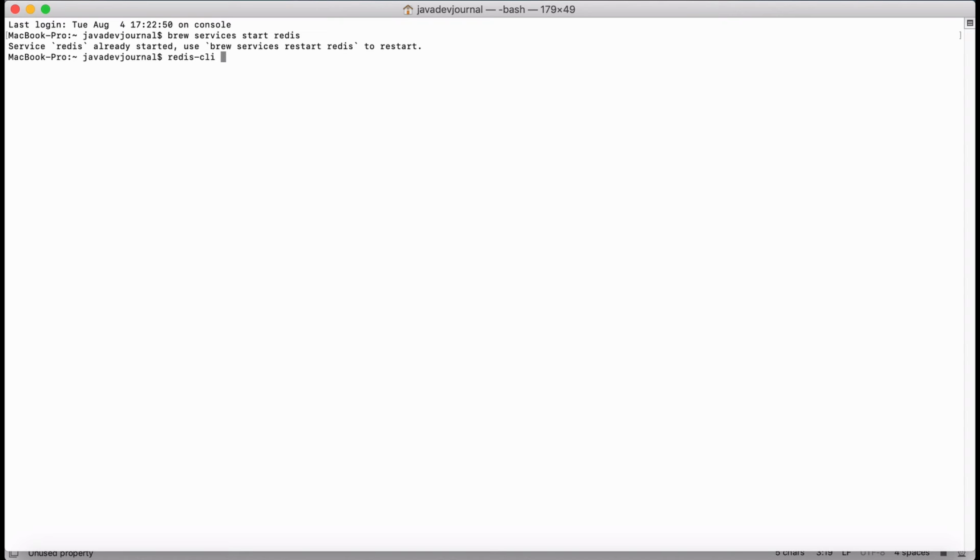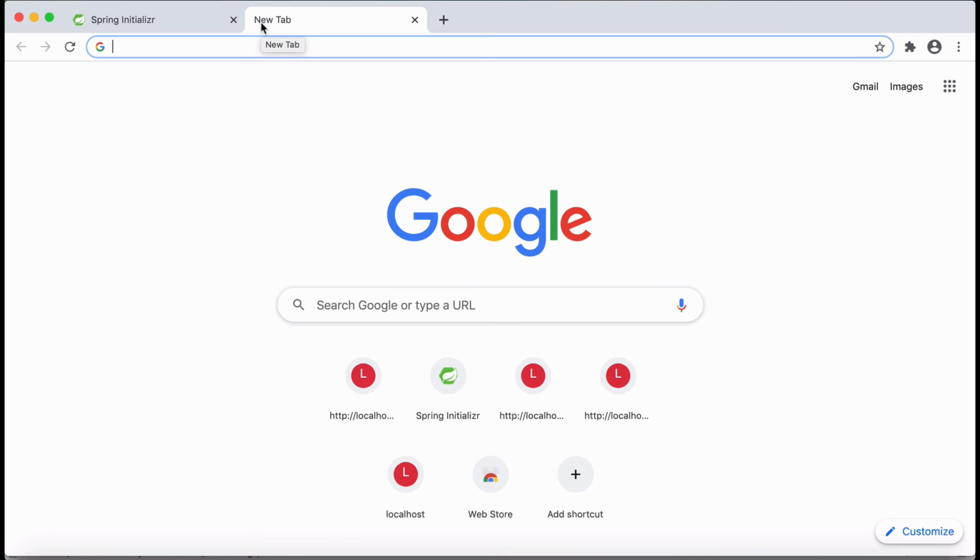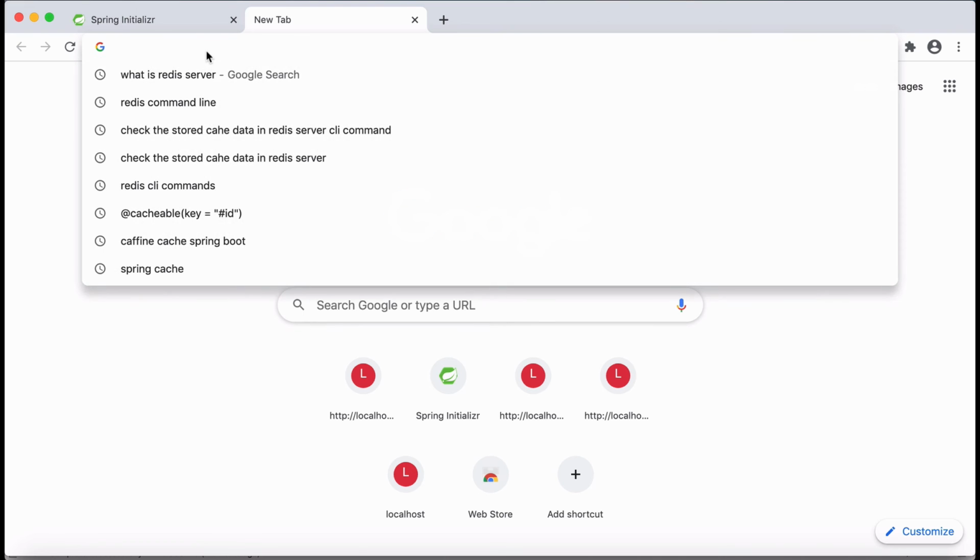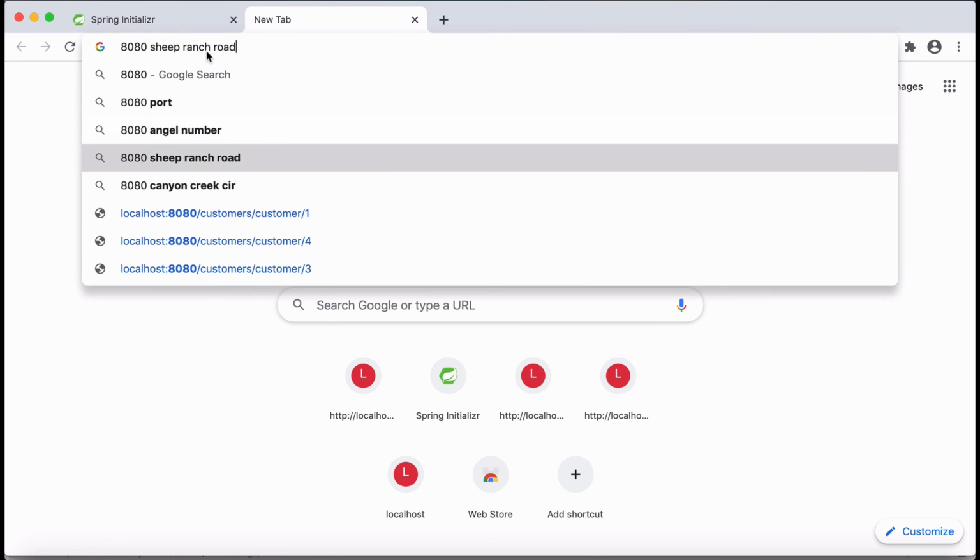To make sure it's up and running, I'm going to use a CLI command, which is a standard command. If you say ping, you will get a response saying pong. So that means my Redis server is up and running. Let's start the application, and we will run a few tests.